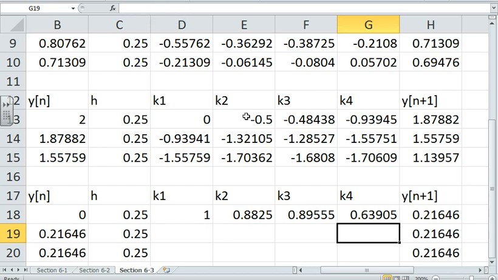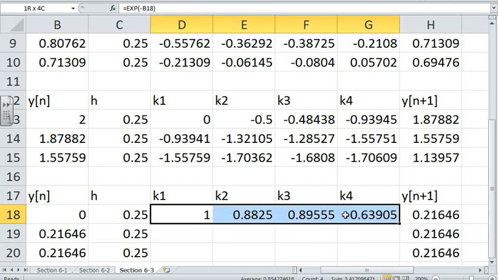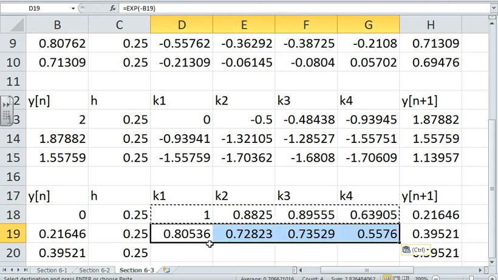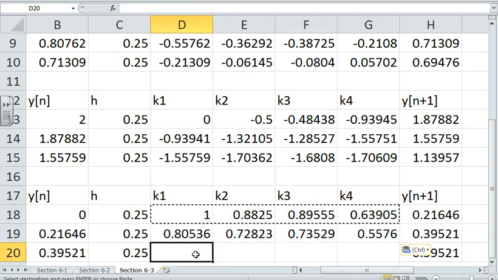Okay, so now we just take these guys, copy, paste them there, paste them down there,